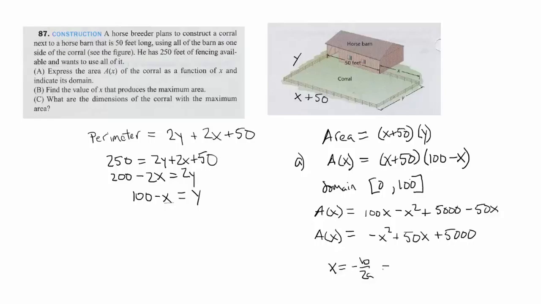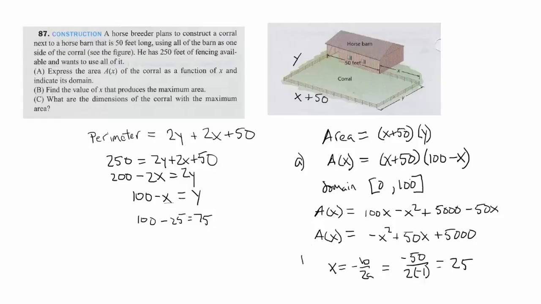And that's equal to negative 50 over 2 times negative 1, which is equal to 25. And remember, if x is 25, then the one side of the corral is 75. And now in order to find what the length of the y side is, we plug 25 into y, so we could say 100 minus 25 is equal to 75. So we have